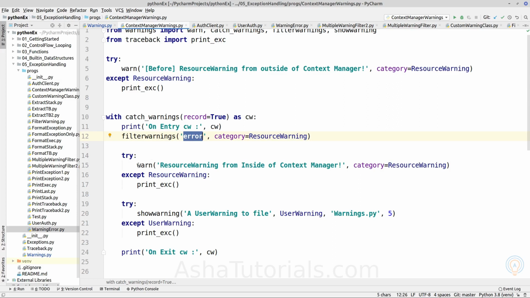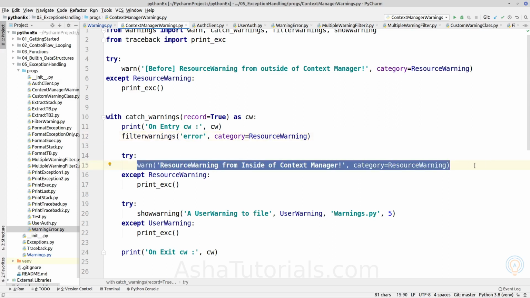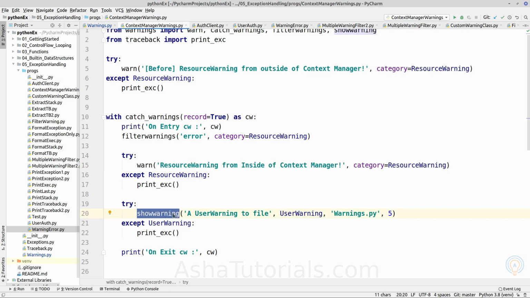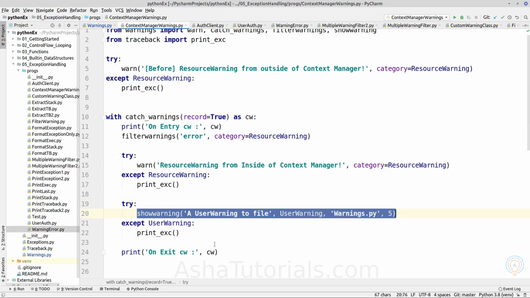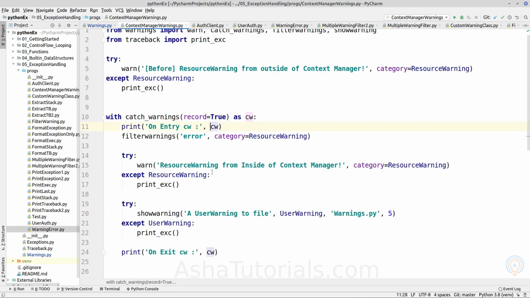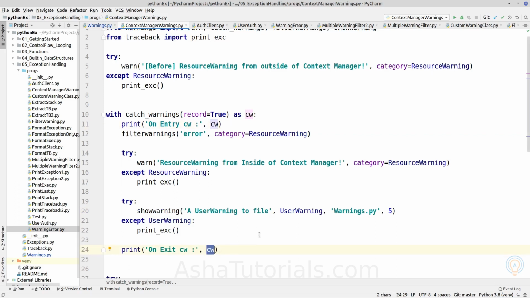So this warning inside the context manager will be converted into a resource warning exception, and here we are raising a warning using show warning with the record argument as true. So this will return an empty list, and this warning object will get added to this list. So we are printing the list when exiting the context.